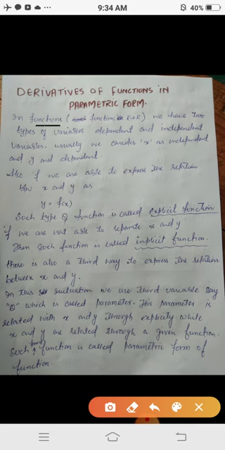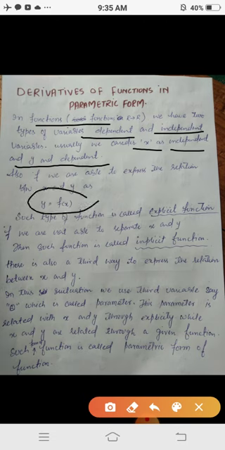In such functions we have two types of variables. One is called the dependent variable and the second one is called the independent variable. Usually we consider x as the independent variable while we consider y as the dependent variable. Now this x is related with y, meaning there is a relation between x and y. If we are able to express this relation as y equals f of x, meaning we are able to separate y and x to two sides,